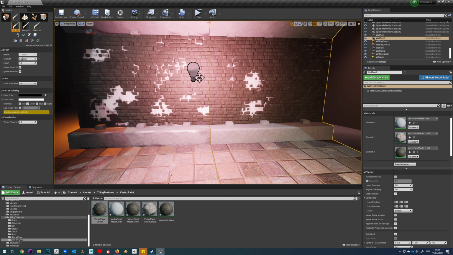So if we just browse back to here now, we can already start to see some of this is having an effect. I'm just going to keep my strength around there. And you can see now that it's starting to fall between the bricks there. If you hold shift, by the way, that will subtract from our paint range. Okay, so now what we have is the ability to use a height map combined with our vertex color